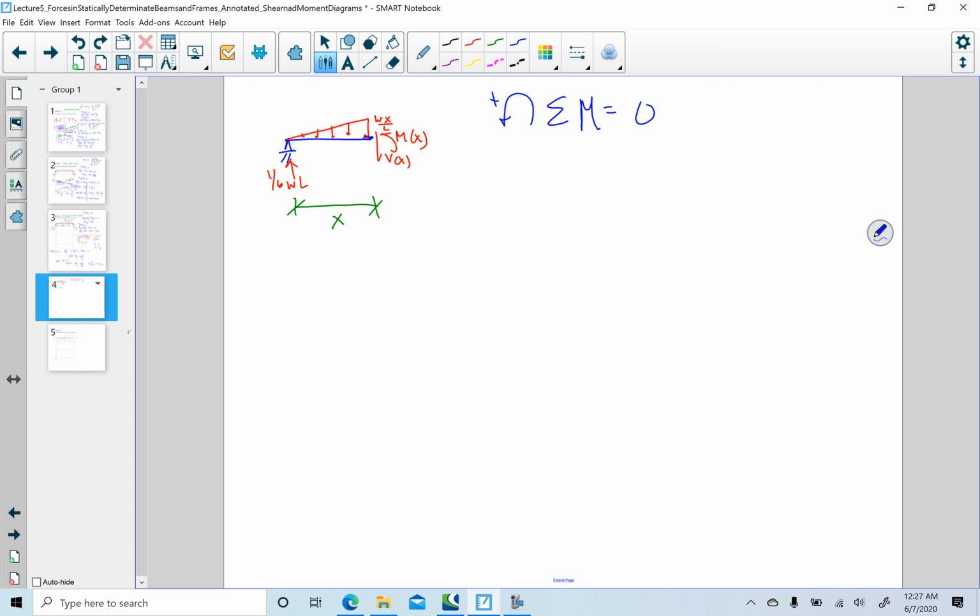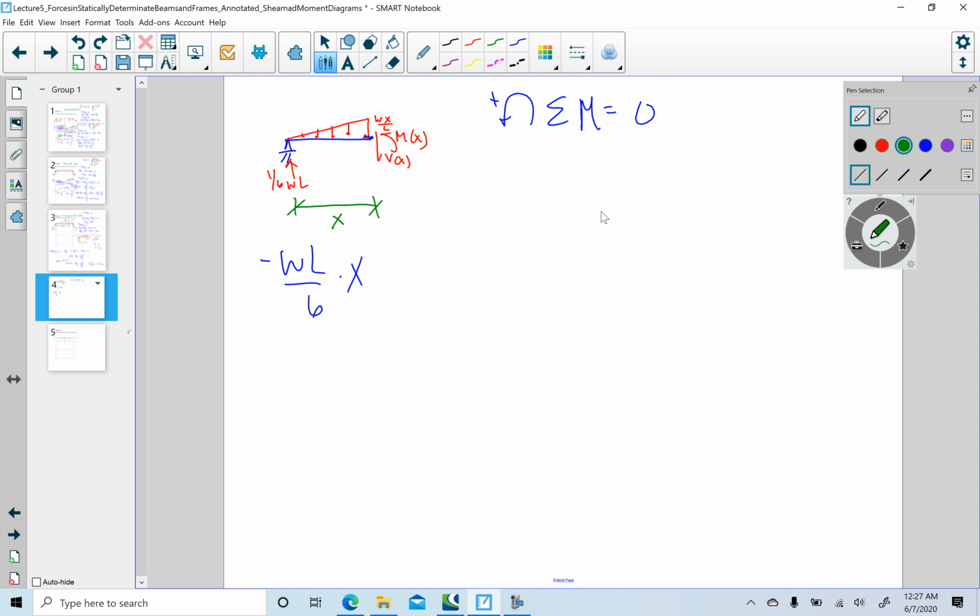I've got WL over 6, WL over 6 negative times X. It's causing a clockwise moment, so it's negative. My resultant, right,